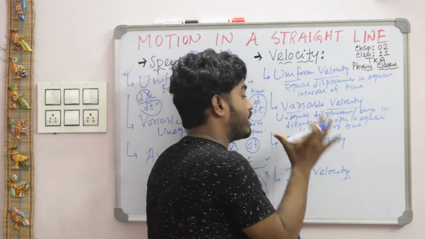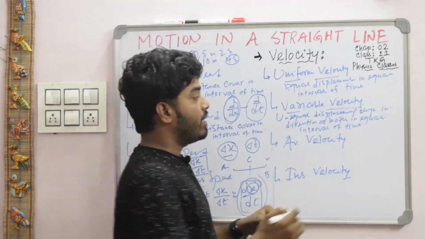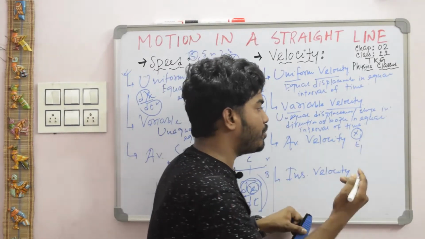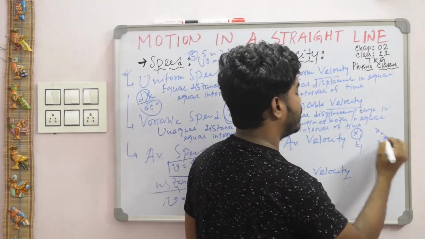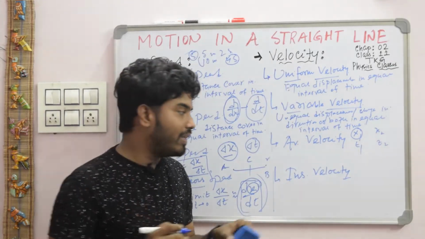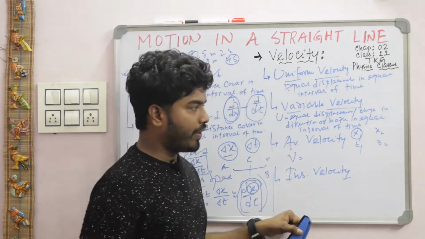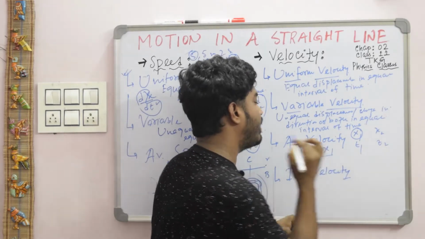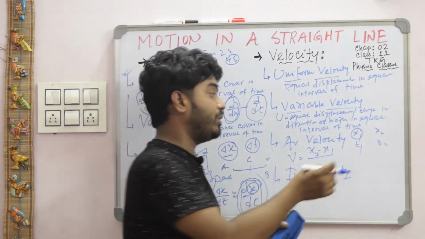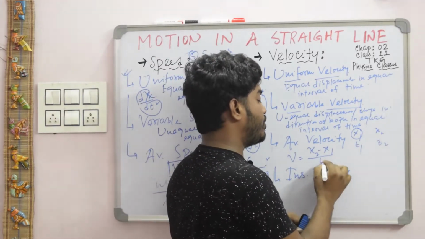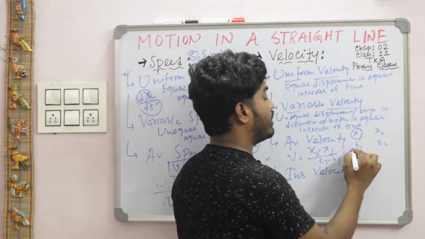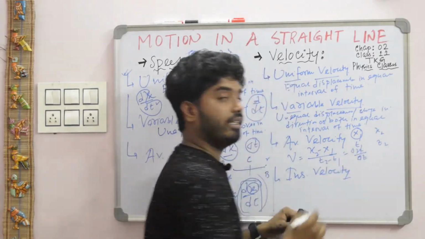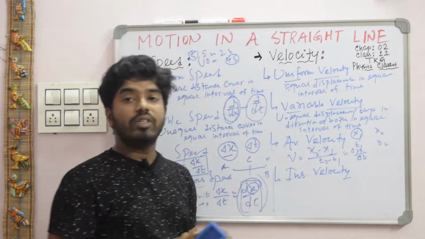This is called variable velocity. Now the third case, average velocity. Suppose a body is at position x1 at time t1, and at time t2 the position of the body is x2. Now what is average velocity? Average velocity v is equal to the change in position, that is x2 final minus x1, divided by the change in time interval, x2 at time t2 and x1 at time t1. So the change in time interval means t2 minus t1. You can say this is del x, the small position change, and there is del t. So del x by del t is called the average velocity.